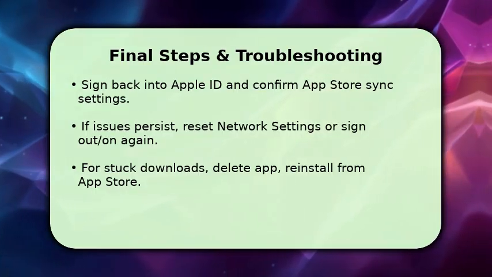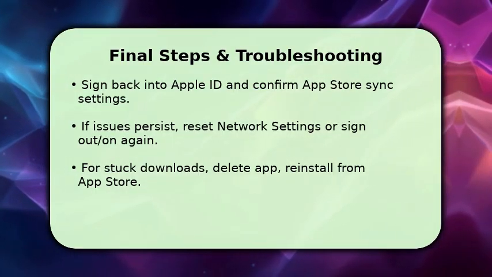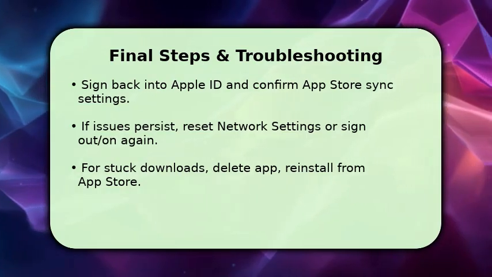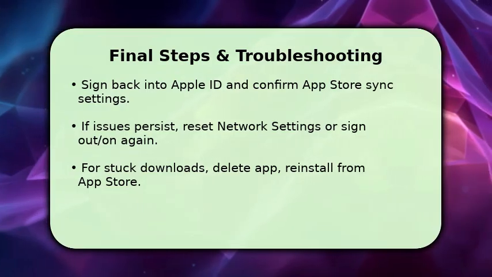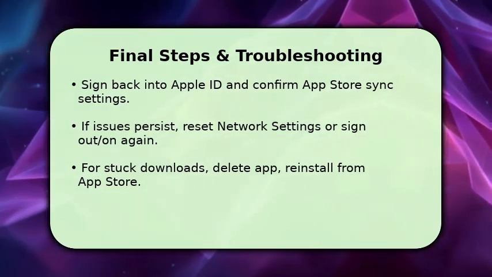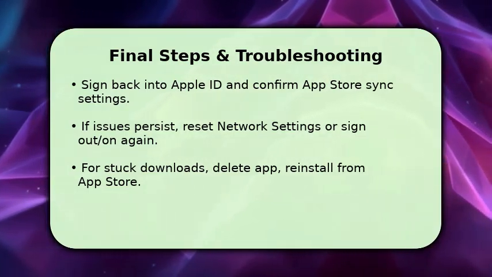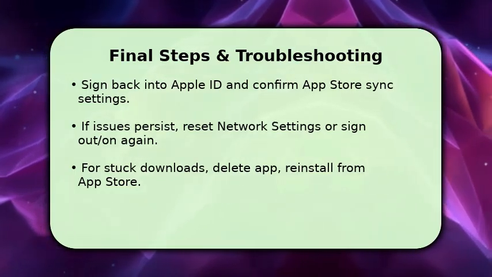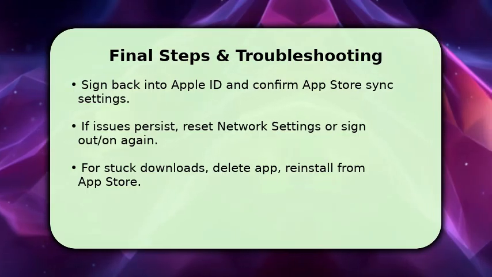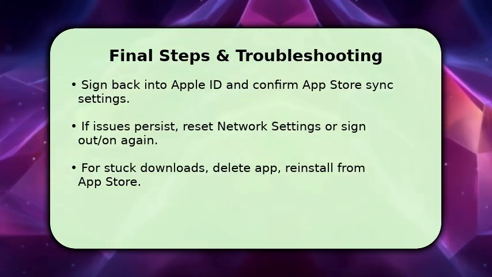Make sure automatic downloads remain off if you want minimal data retention. If the store still behaves oddly, reset network settings in Settings, General, Transfer or Reset iPhone, Reset, then sign out and back in. A key troubleshooting tip: if a download or app shows incorrect data, delete the app and reinstall from the App Store to ensure all cached App Store data is